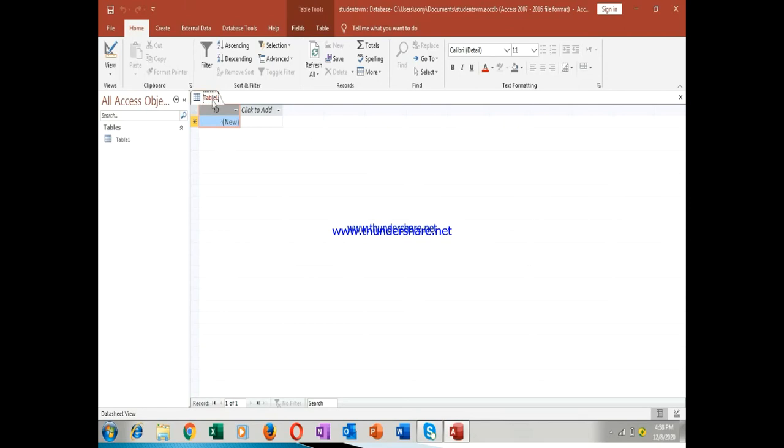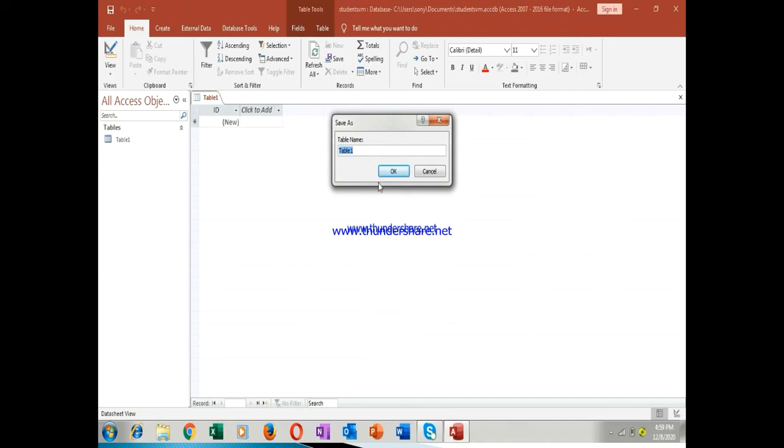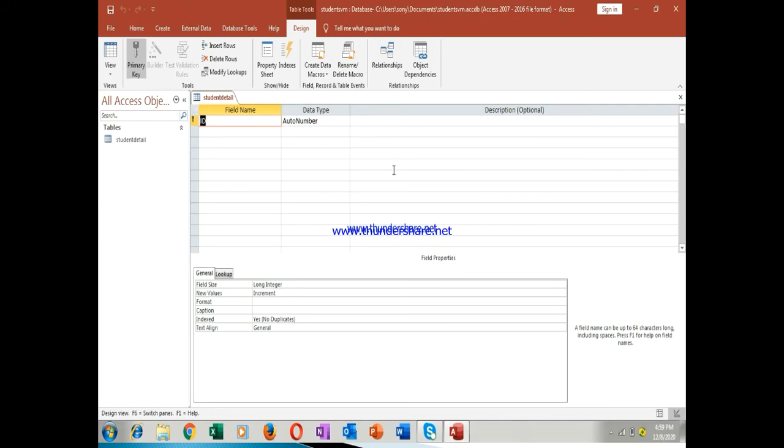There are two ways you can create a table, either using the design view or using the datasheet view. So go to the design view. In the design view, first write the name of the table. So this is the student detail table. Okay, now press OK. Once it is written, your table will be created. See, now the name of the table, can you see here? It is student detail table. Here also the name has changed to student detail.